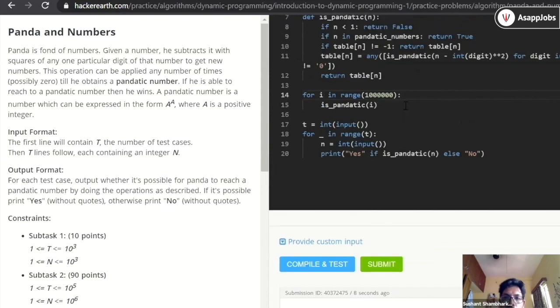I have to go by sequence. That is what tabulation is. You have to use a loop. You have to go from a sequence, from bottom to top. You have to start at bottom and you have to go to top. This is, you are going from bottom to top.